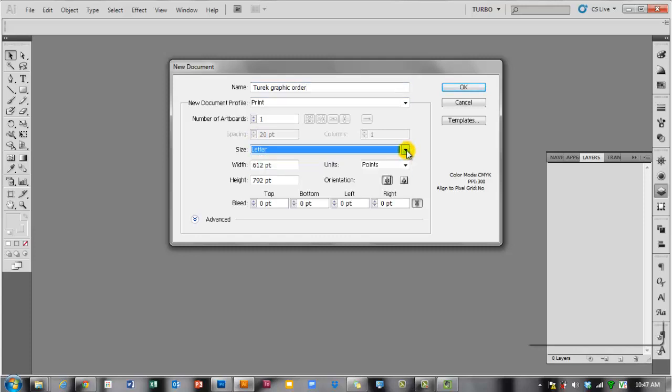Letter is 8.5 by 11. You can actually do any size you want, really. I don't mind. And then I'm going to set my units to inches, and I'm going to make 9 artboards. Okay, and the reason for that is pretty straightforward, simple. In our graphic order thing, there's 9 spreads that you have to design,